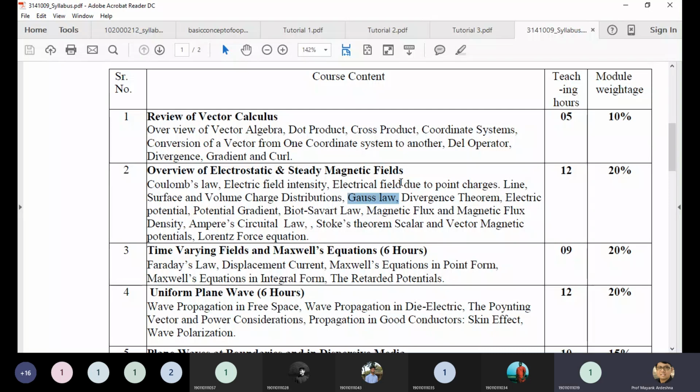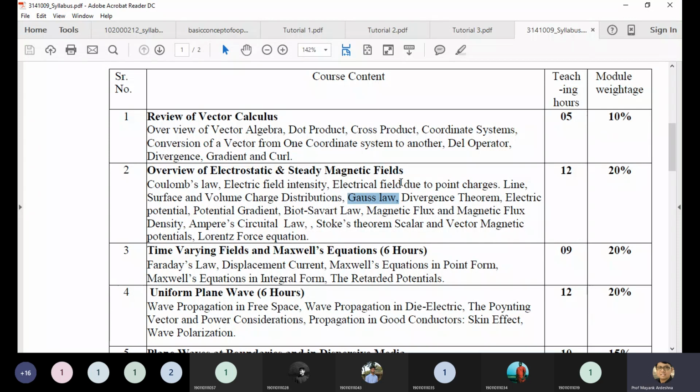Yes, sir. Okay. So you may be getting more idea which kind of question they are asking. See, this question is fixed. Either they are asking to find out the electric field intensity, either line charge, surface charge and point charge. One of these three is always there. It will be a fixed question.